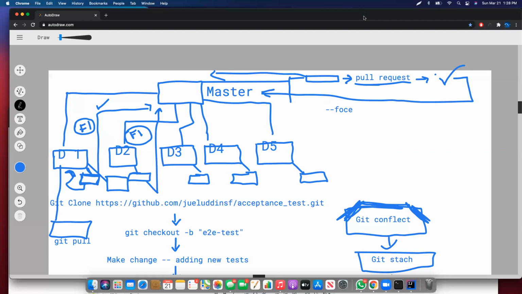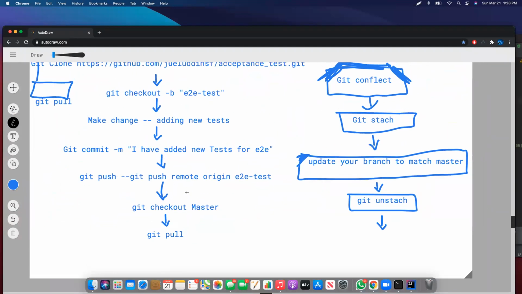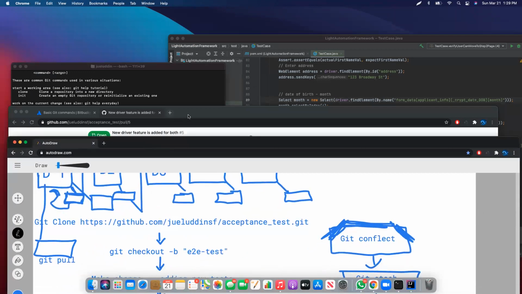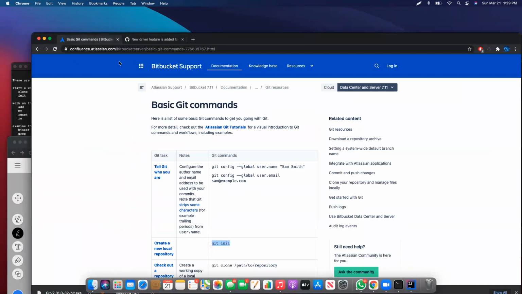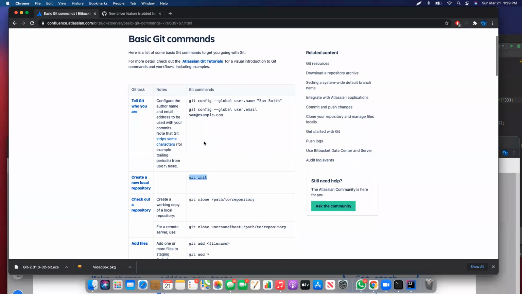Okay, so now that we learned the whole overview pretty much of GitHub, and you can actually explain what GitHub is. We do have some commands here that are provided by Bitbucket support, and Bitbucket and GitHub are the same thing. So if you ever work in GitHub, then you know Bitbucket uses the same exact commands for Git. So the first thing, if you are brand new and you just created a GitHub account,